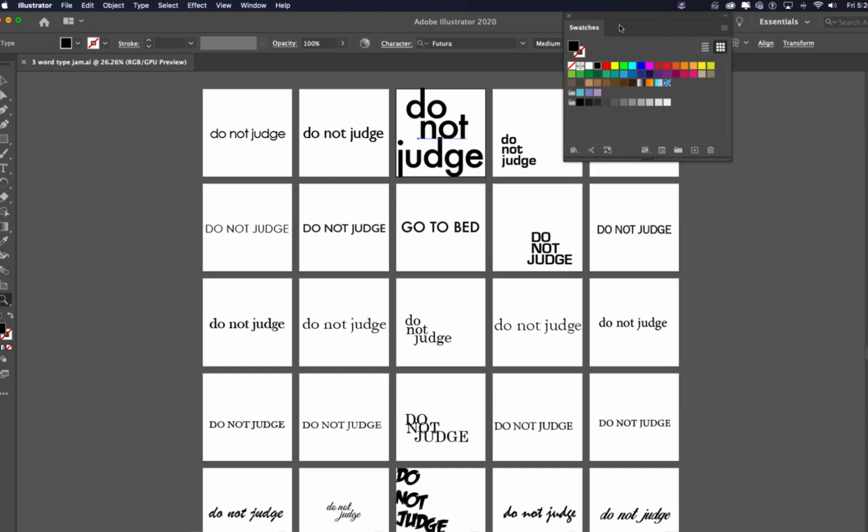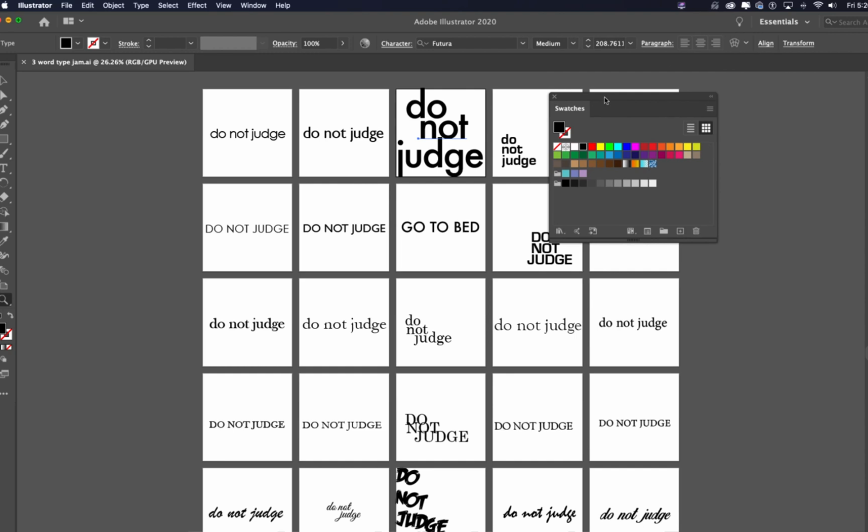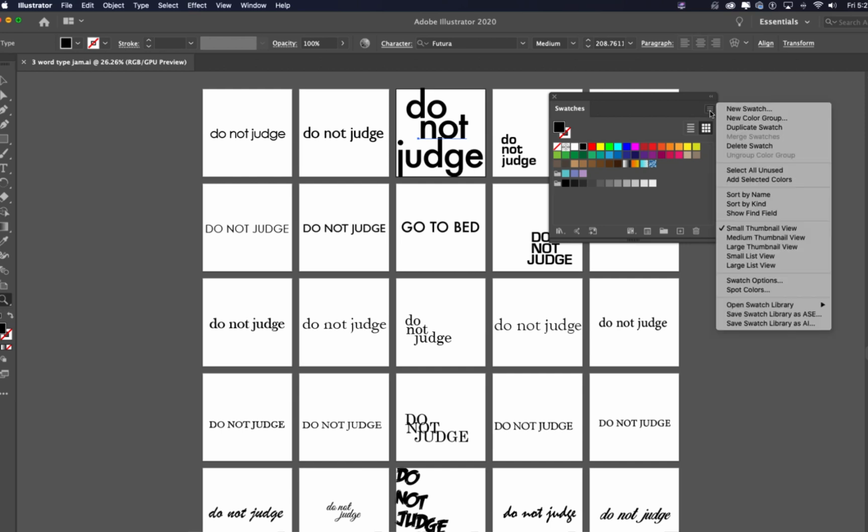These are the standard swatches that just appear in every document. If you notice, there's even a couple of swatches under here. And then also you notice that there are some swatches that have textures or patterns in them. So at the upper right hand corner of your swatches panel, you see the little hamburger or the 3 lines. If you click on that, you can see that there's quite a few different options in here, and one of the options is new swatch. So we're going to click on new swatch,